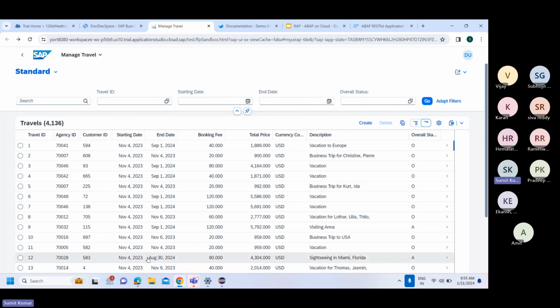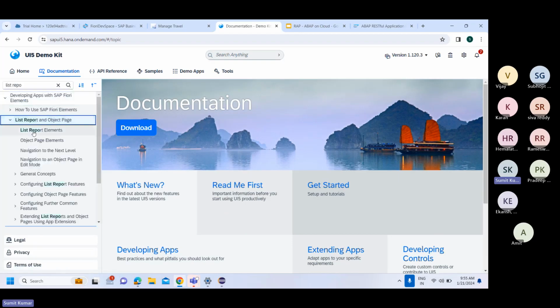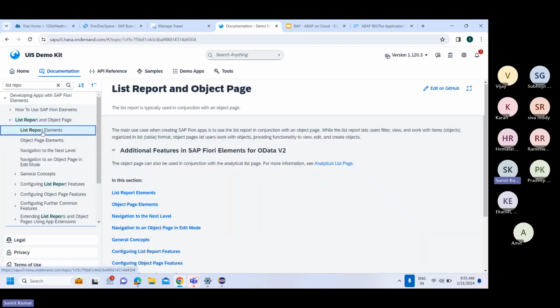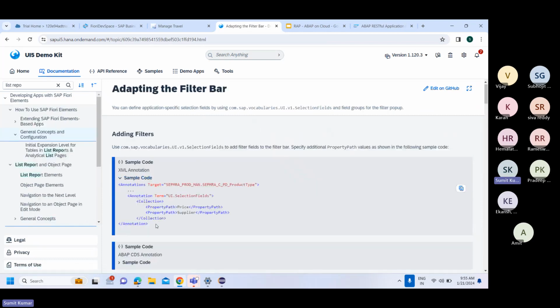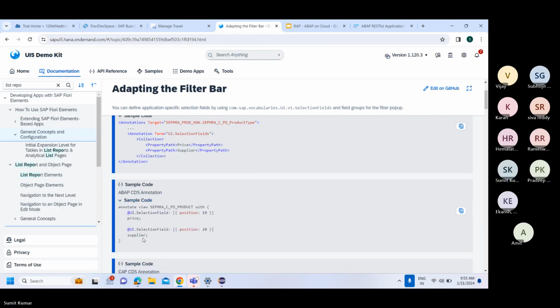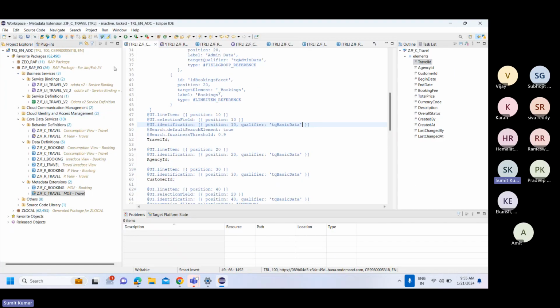Okay, that's the reason. Now, when it comes to CDS Fiori element, you have seen this one which I just showed you, right? List report, developing an object with this, list report object page. I would like to create something like this. I would like to create a filter. Now, in the CDS Fiori element, this is how you write. And if you would like to create a column or selection field, this is how you will write it. Now, if I just go over here to your service binding,